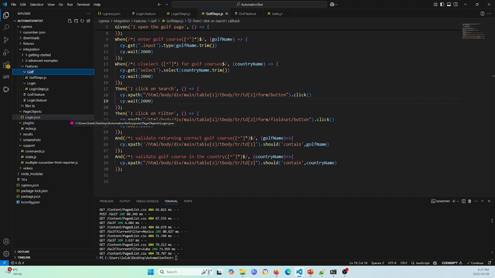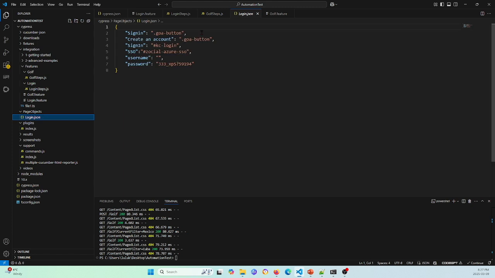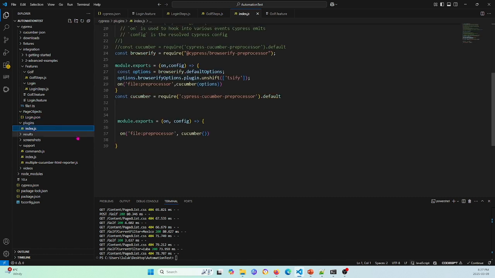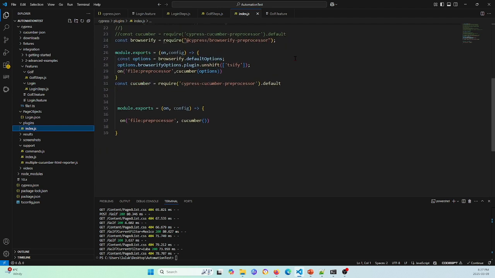I'll go through that a little bit more in detail later. For the login, we also have a login JSON as well, which basically gives us the username and password and so on. I also created some other files as well. For example, we have under the plugins folder, we have this file right here, index.js. And basically for this one, there's a few things that I do. So the first thing I do is I